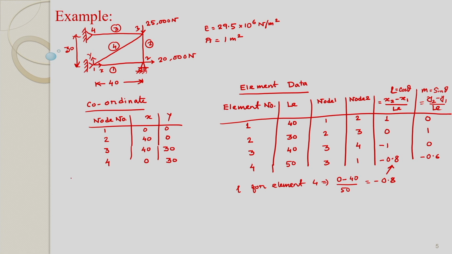Now, as you noticed that for any element, the u vector is u1 v1, u2 v2, that is at element level first two are corresponding to node 1, first one is x component, second one is y component. So, for any arbitrary node I, associated global degree of freedom will be 2i minus 1 and 2i. So, these are global degrees of freedom.